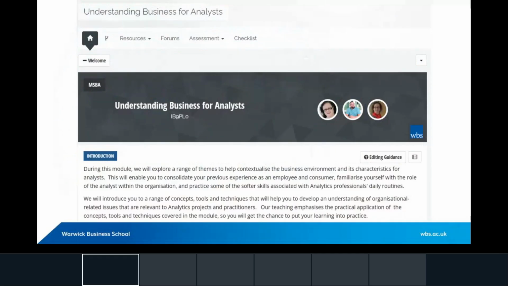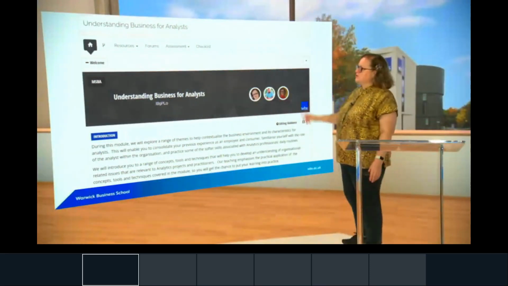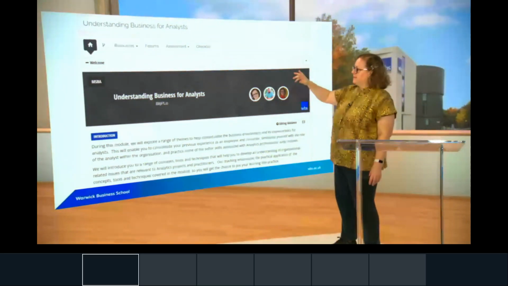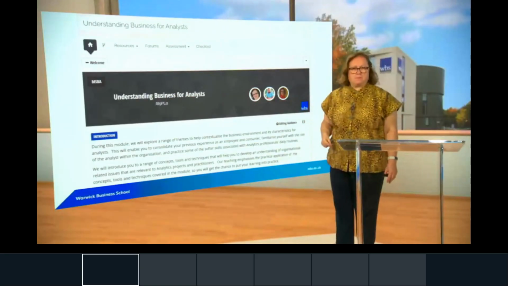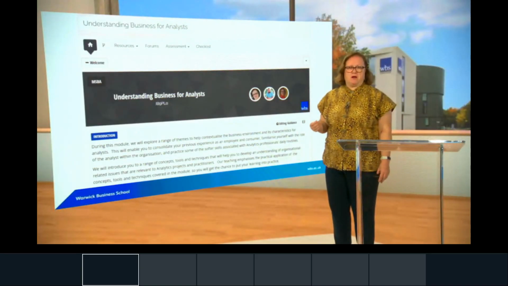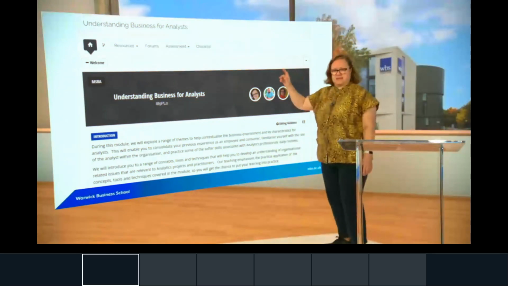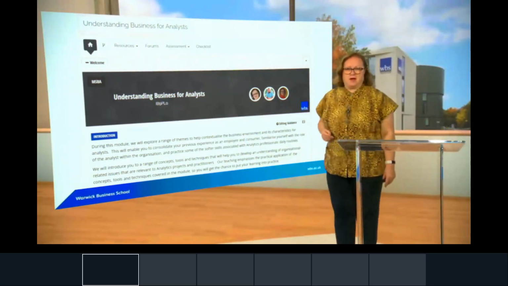So when you open the module page, you should land on something like this. Across the top, you have a number of menus you can choose from. The resources menu is where you will find the study materials and the reading list. Forums is typically where you can ask questions about the module, and when it comes to assessment time, it's really helpful if you post your questions on the forum pages. There's an assessment tab where you can find details about the assessment and where you'll submit your assessment.